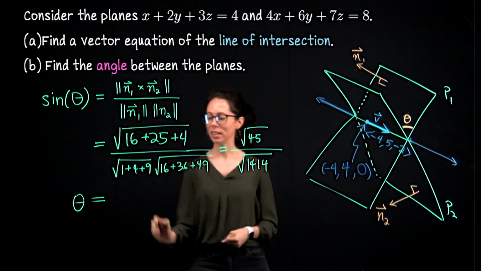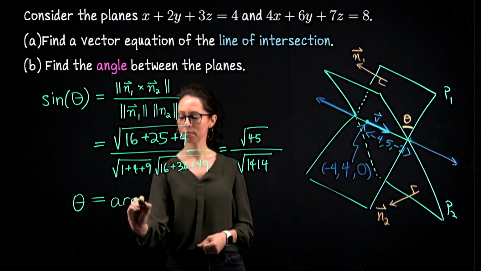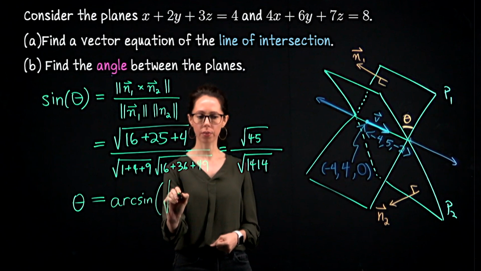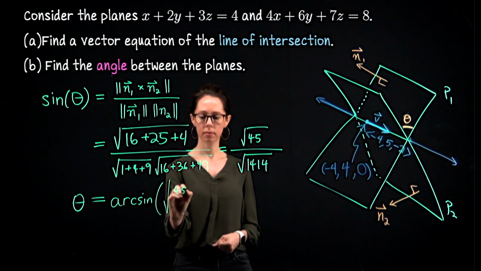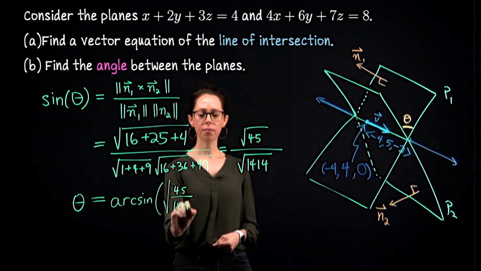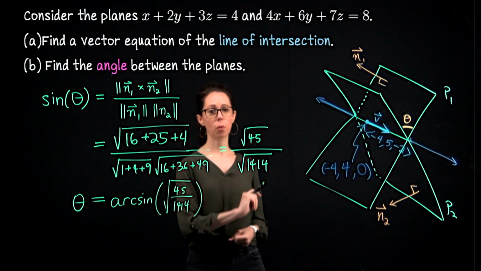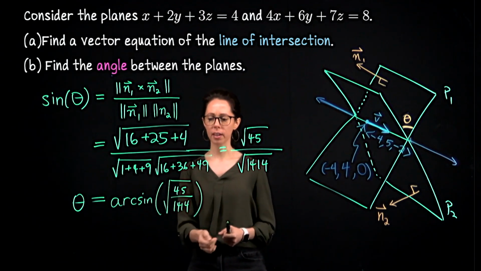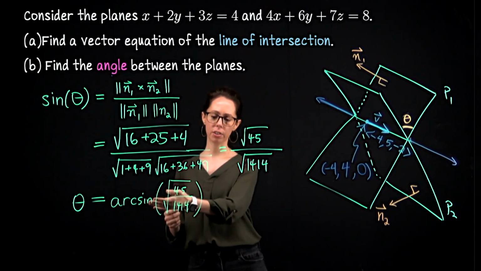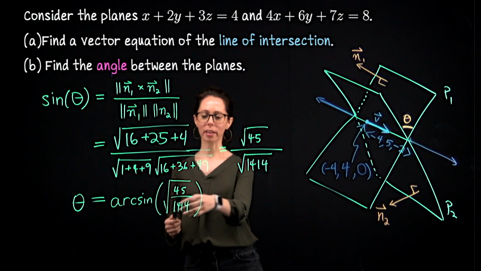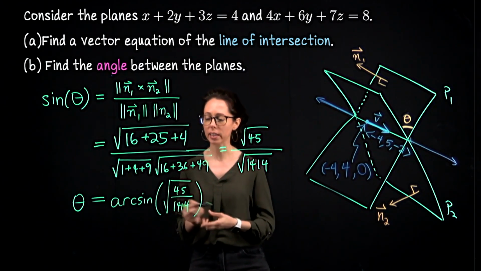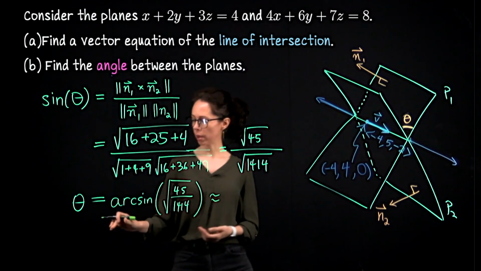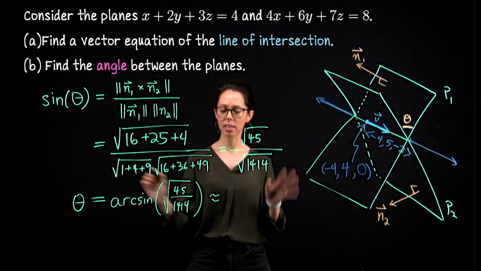So theta is the arcsine of the square root of 45 over 1414. Be very careful if you're typing this into a calculator to watch your order of operations, okay? Parentheses, that sort of thing, just because if you're typing it in line, like a one-line calculator, you have to make sure that you enter it correctly, and if you do, if you're working in radians, which I was, you get 0.1794 approximately.